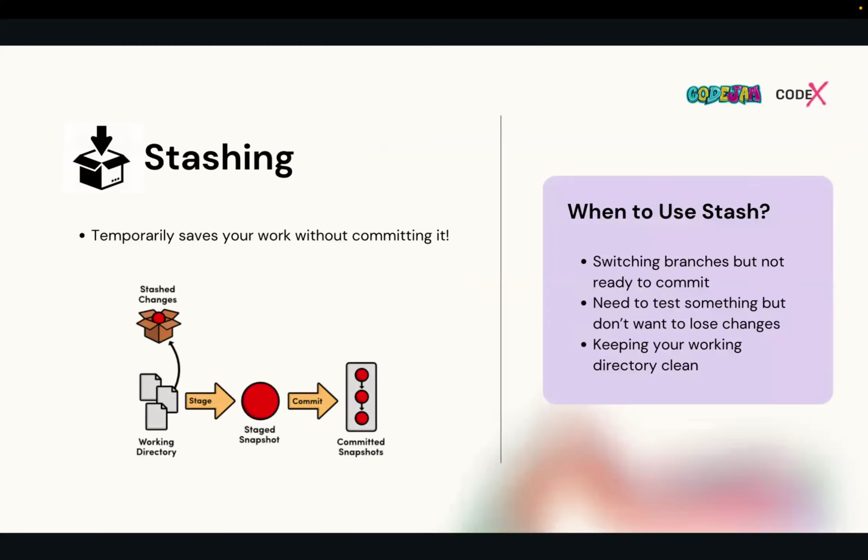Okay, so next we have stashing. Stashing is also a very essential thing when you are working in a git repository. Let's say you have implemented thousands of lines of code for a feature. At the same time, someone will come and ask you, I have implemented that feature on that branch, so can you please check out to that branch and test whether it is working properly or not for me.